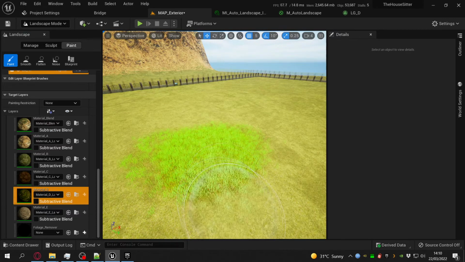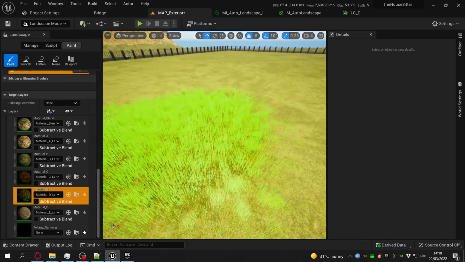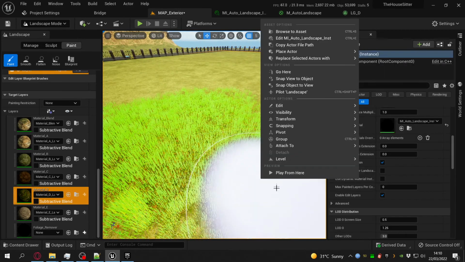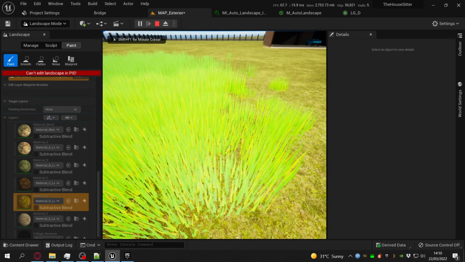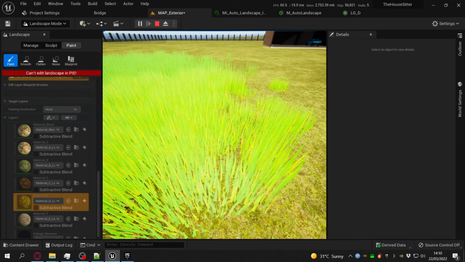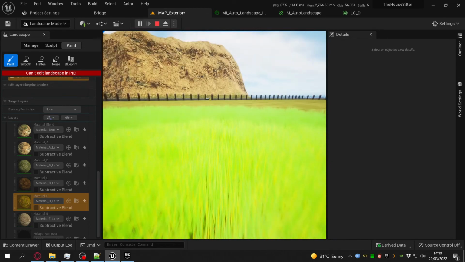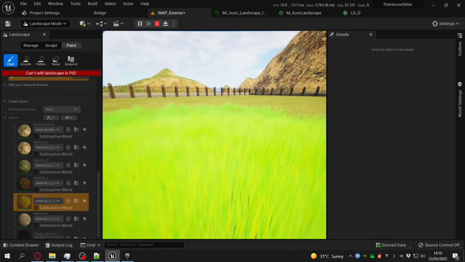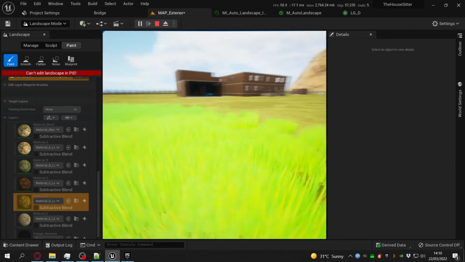This will probably, there we go. Sometimes it takes a second. And now you'll see that we have nice real grass sticking out. If I just right click and go play from here, again it'll take a second to draw, but you can see it's got wind simulation. It's quite long for lawn, and it's quite an odd shade of green. You'll notice also that there's a weird kind of pop-in effect,